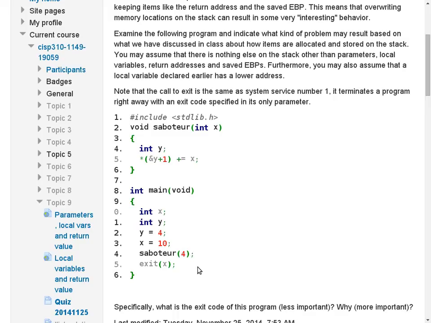Yeah. If I initialize Y to 14, it would have the exit code of 14. The Y on the stack is 4 away from